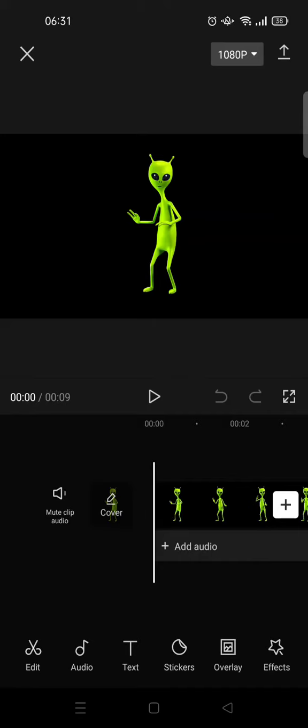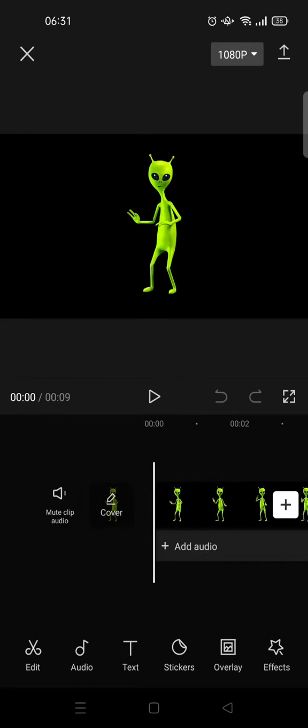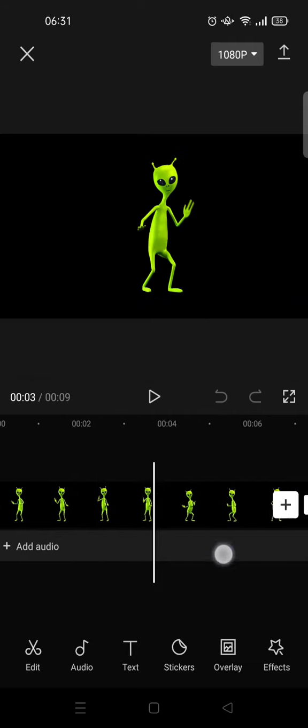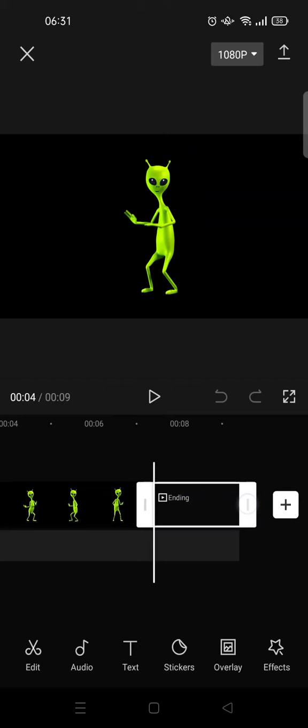On today's video, I'm gonna show you how to use curves feature in CapCut. So the curves feature can be found if you go to speed menu at the CapCut. So by the way, I've already added a video of an alien dancing and I want to use the curve